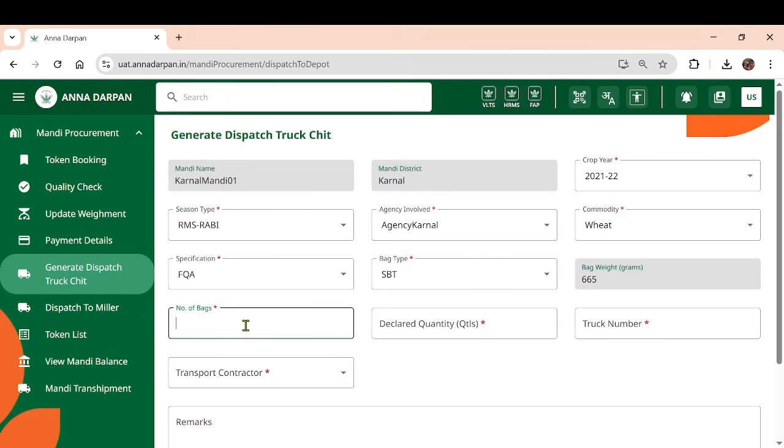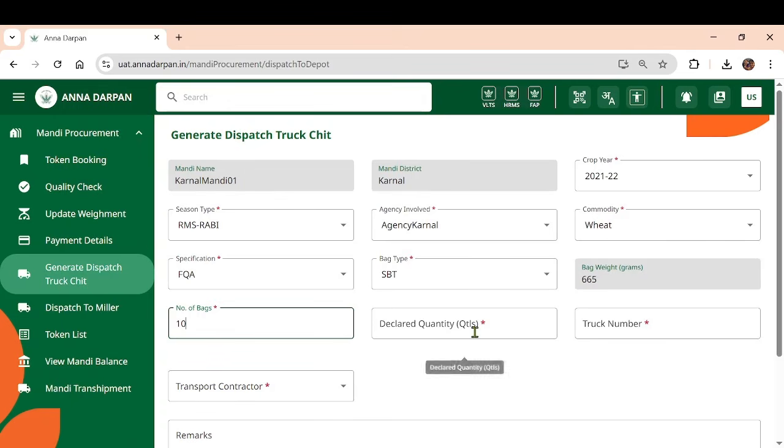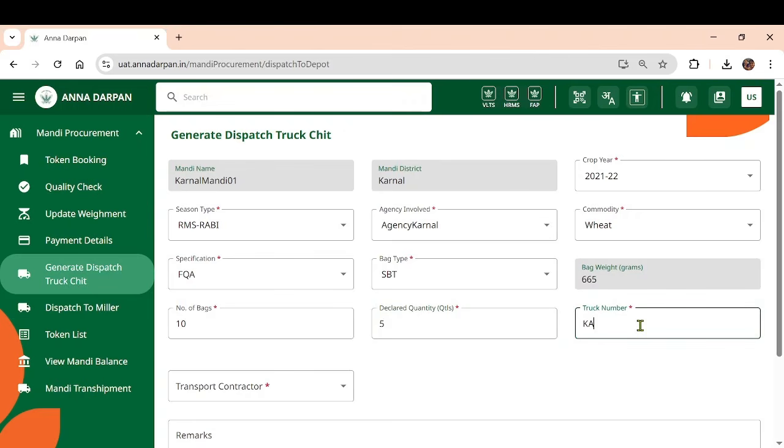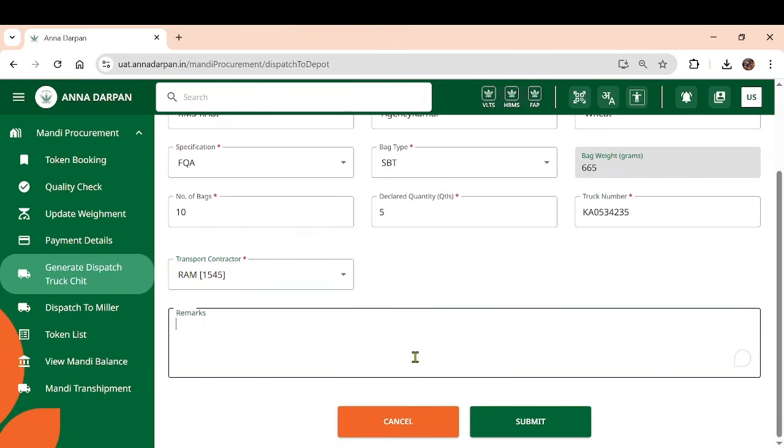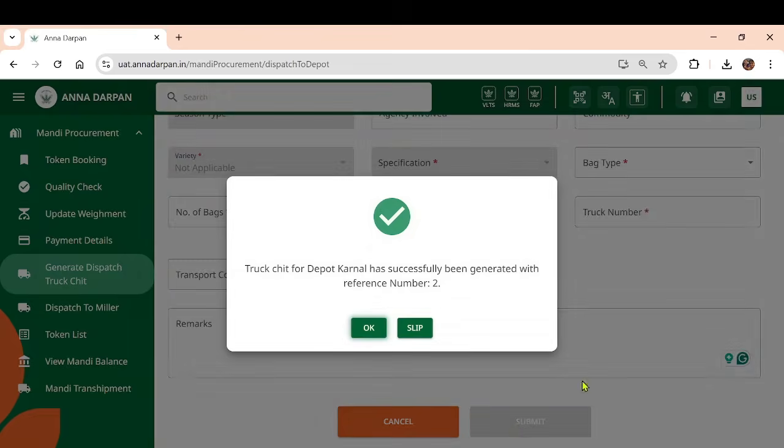Click Submit. A pop-up appears confirming that the truck chit for the selected depot has been successfully generated with the reference number.